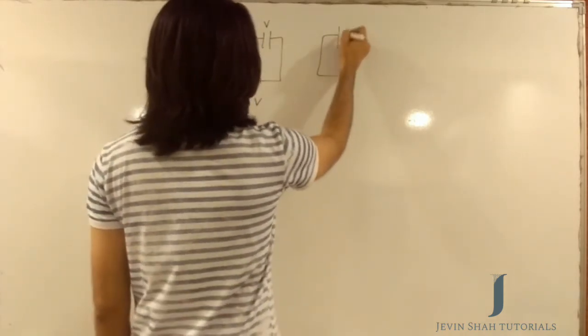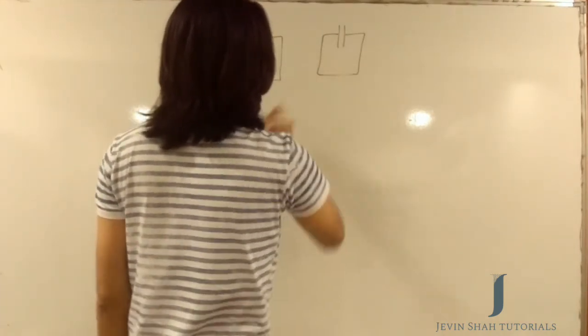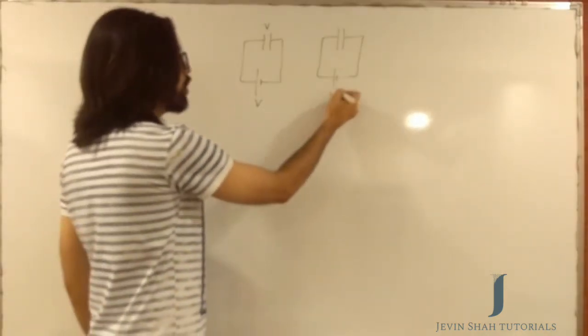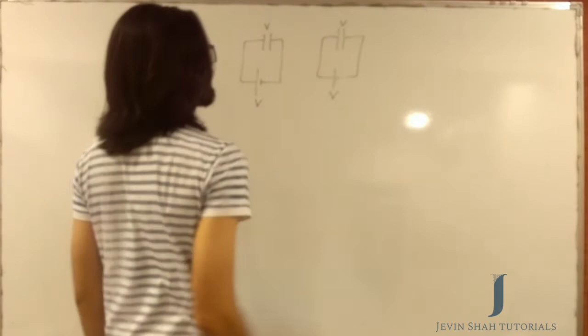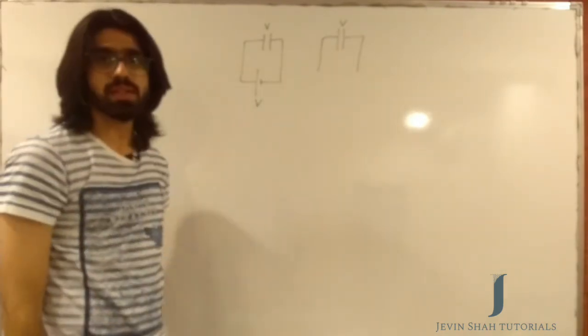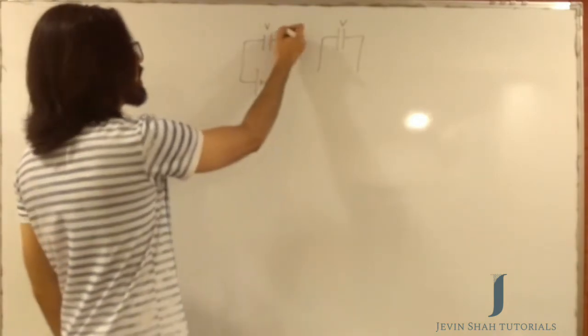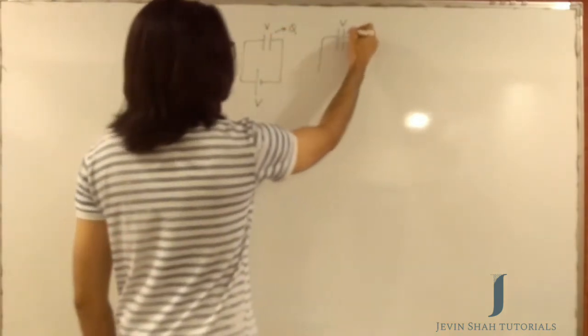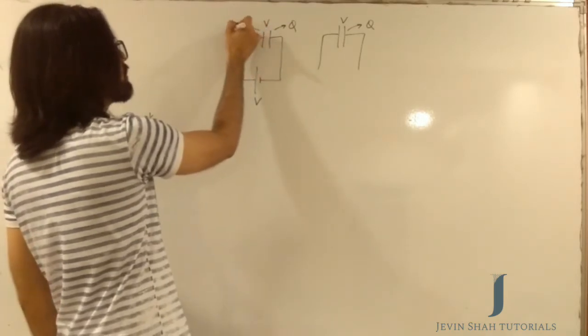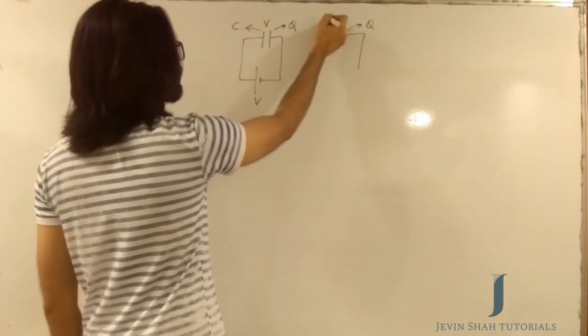In the second case, you are charging a capacitor with a battery of EMF equal to V volt. So the potential difference you have generated is V, and in the second case you have disconnected the battery after charging the capacitor. The charge on the capacitor has been Q. Over here also it is Q, and the capacitance of the capacitor is C. The capacitance out here is C.